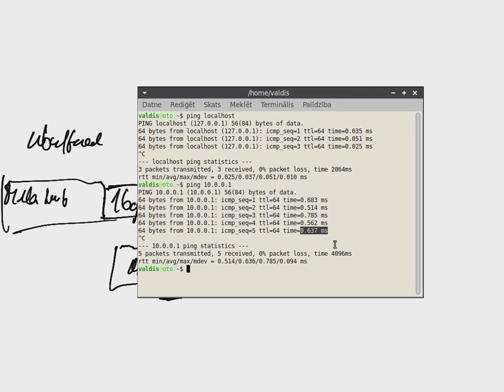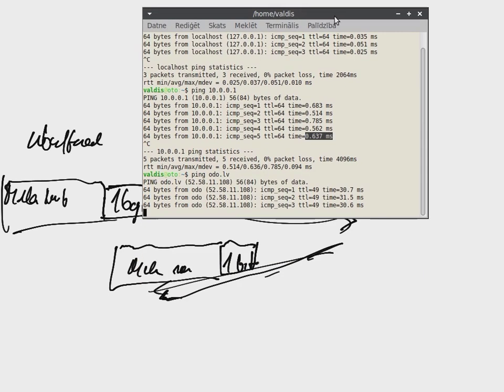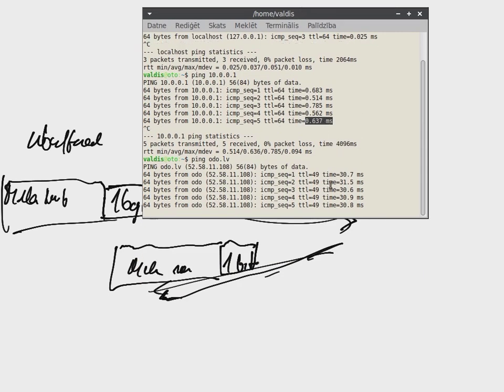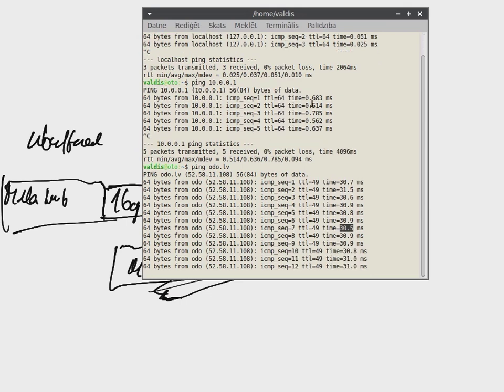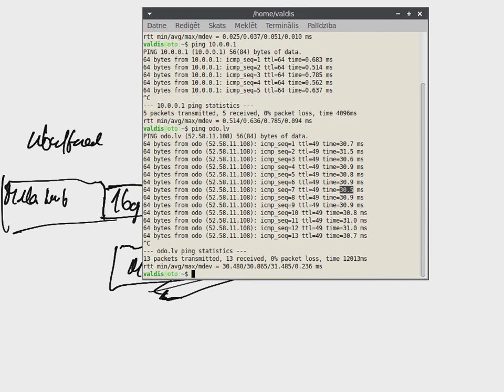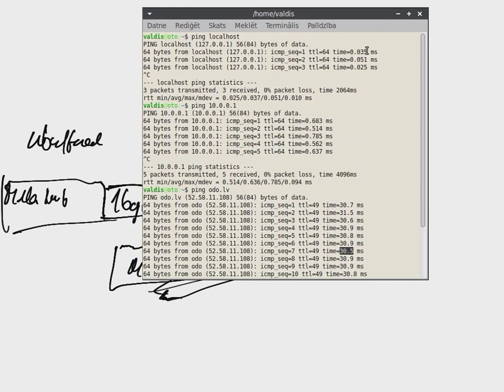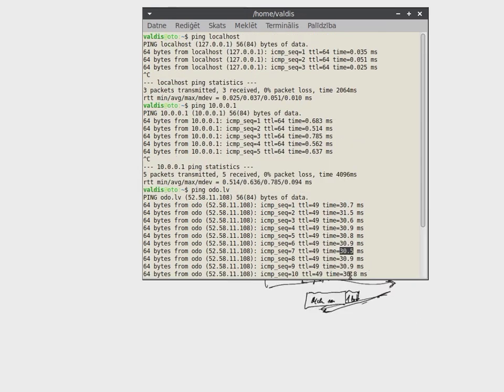Half a second for one interaction, half a second for another. If you ping some server in the internet, milliseconds, it is still few thousands. Then you see that it is taking now, these are fractions, not actual milliseconds. So still few thousand, but fewer thousands than here.